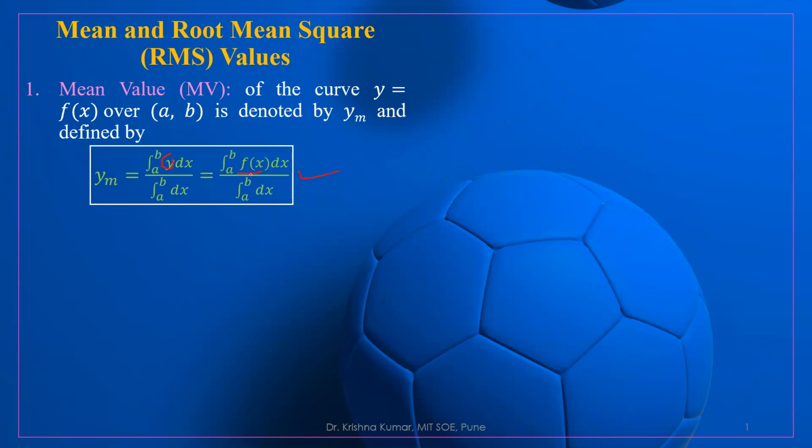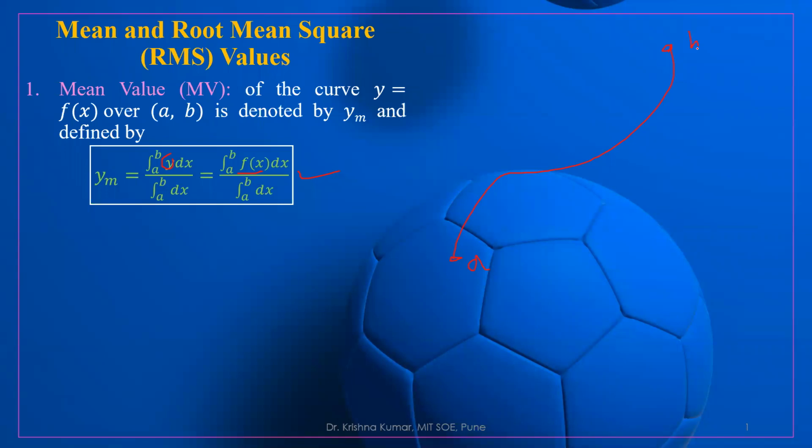Why have we put integration? Integration and summation are both the same. What is the difference between both? Here the curve is continuous, and if we write it in summation, the values will not be continuous, they will be discrete. That's why we wrote x1 plus x2 plus x3. But here this is a given curve, and this curve is continuous. From this point, this is a and this is b.